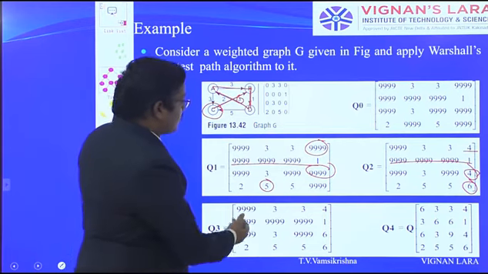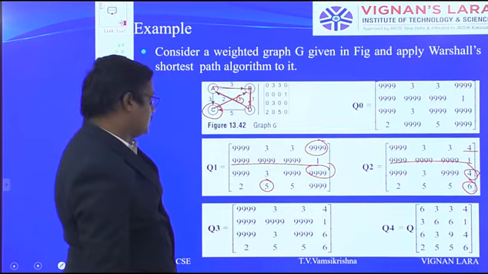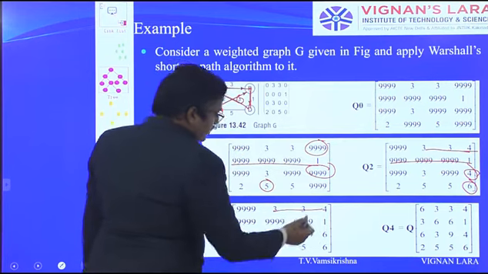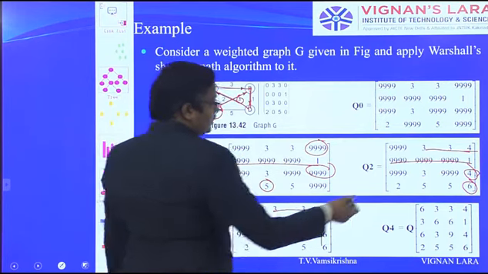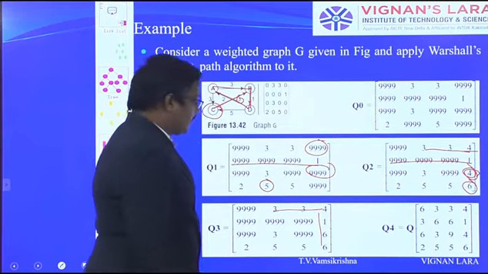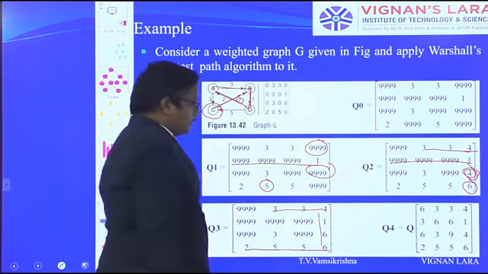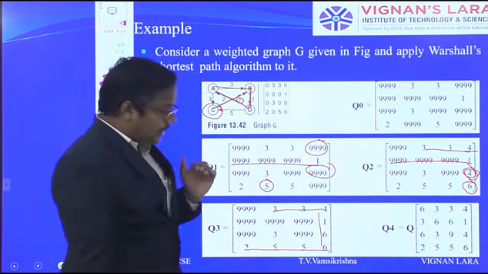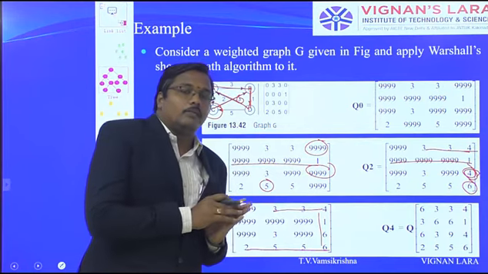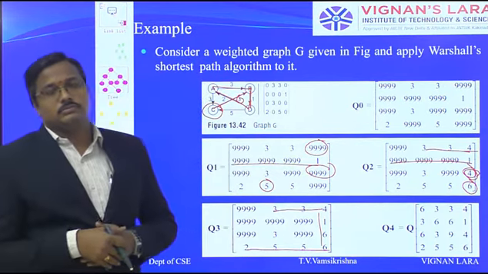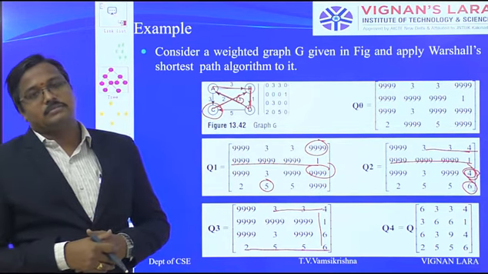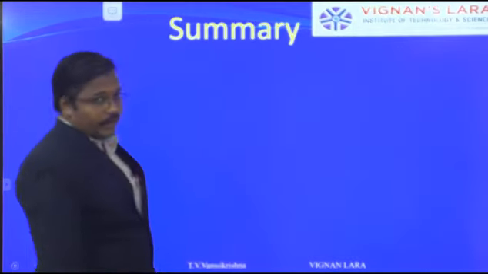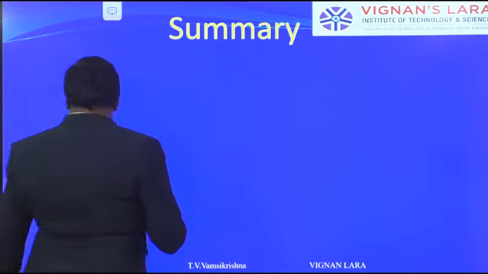From Q2 to Q3, I think there are almost no changes. Here also 3, 3, 4, here also 3, 3, 4, no changes. 4, 1, 6, 6, and 4, 1, 6, 6, here this one has changed. Next, this is also 2, 5, 5, 6, no changes. So like that, we calculate with the formula, or sometimes manually by considering the weighted matrix. For a directed weighted graph also, we can find the shortest path.